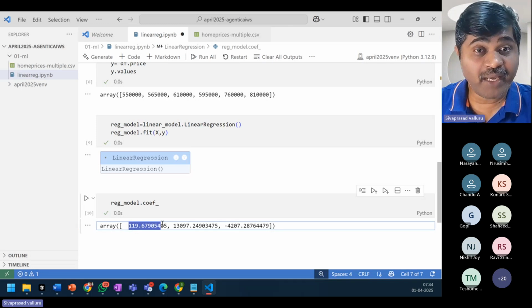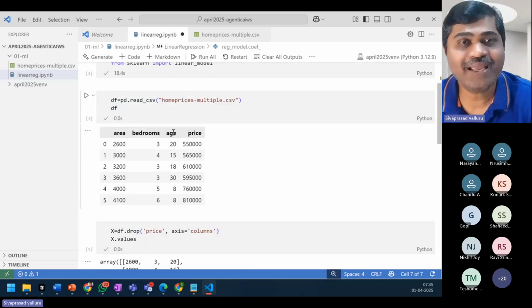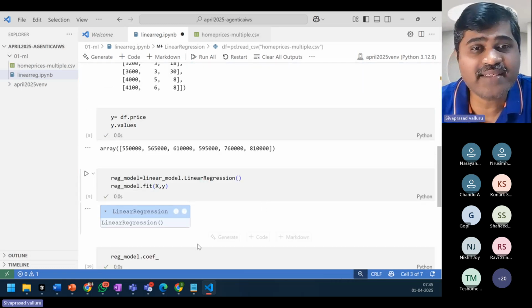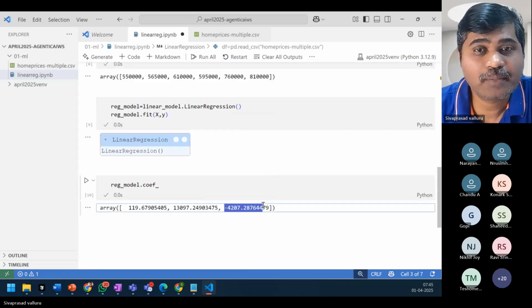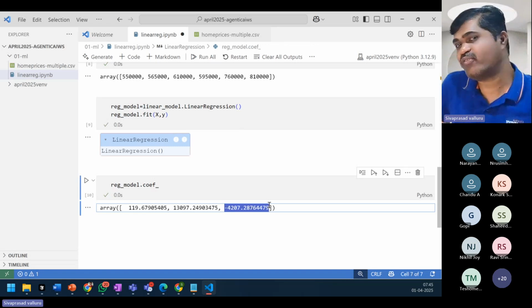This is the M1 value, this is the M2 value, this is the M3 value. M3 is what? Age, right? Did you recognize that age is negative? Yes, right. As the age increases, it will have a negative impact on price.